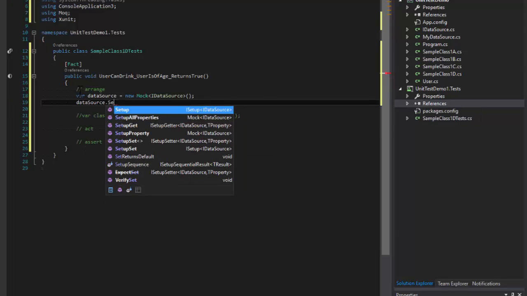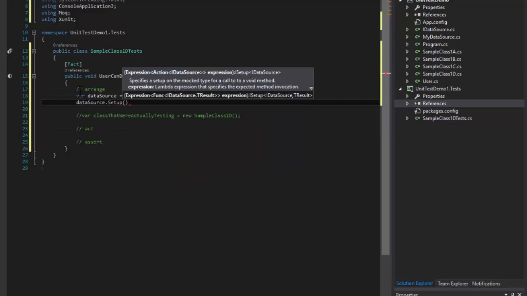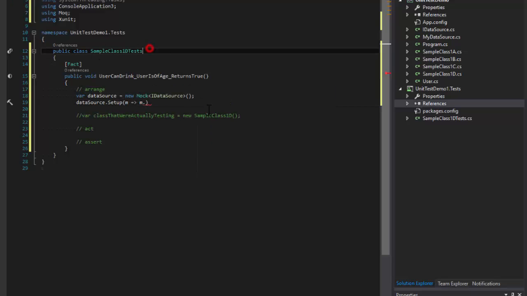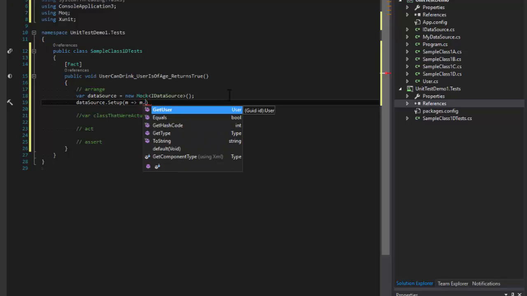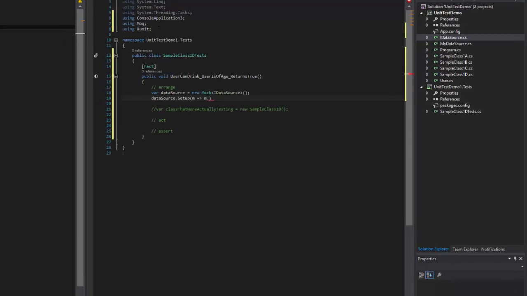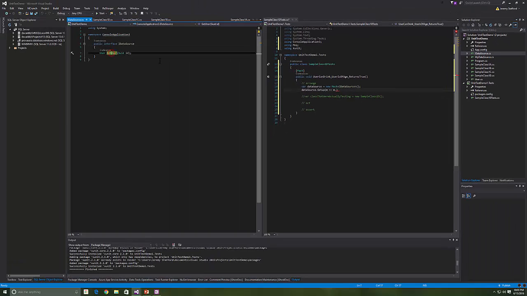It's an actual method on here called setup, and it takes an expression, and we'll just call it m. Then if you type m dot, you'll notice that all of a sudden the interface members of that interface that you declared right here are showing up in IntelliSense, because it knows about it now, because we're going to mock it up. So if we open up that data source, you can see here's the one method in that interface,